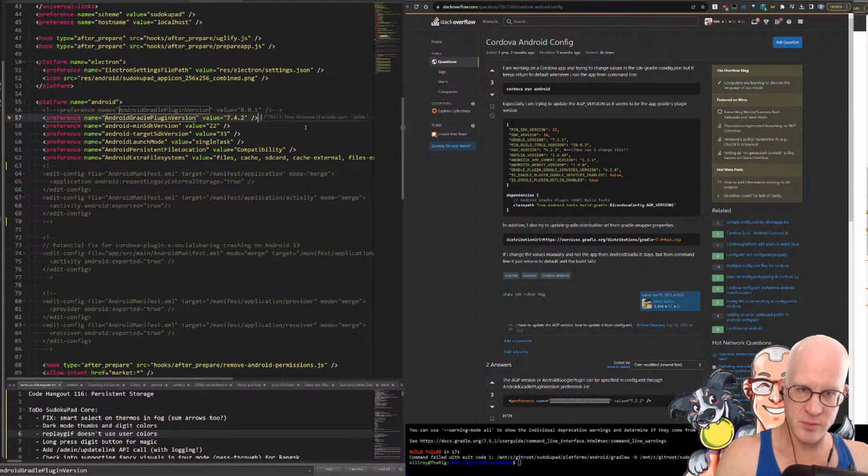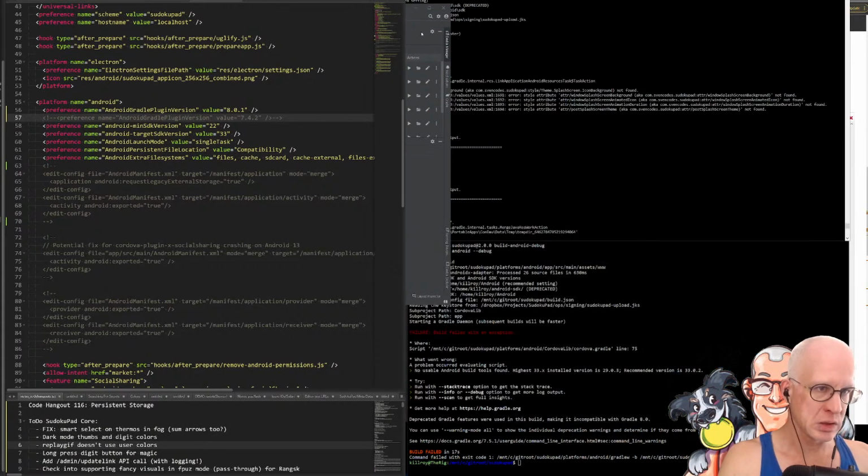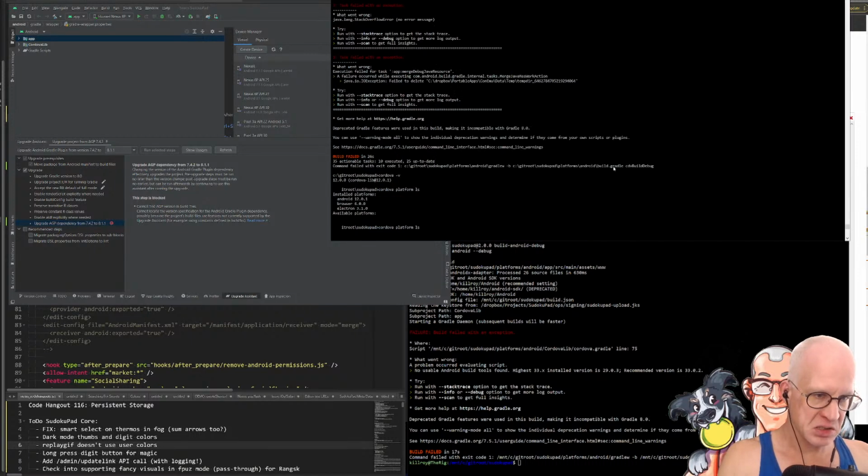So this looks very much like something I've done in the past and then gone back. So I probably tried to get it running under Gradle 8, and it didn't end happily, I suppose. So if I refresh,